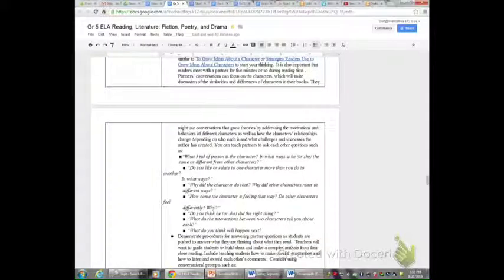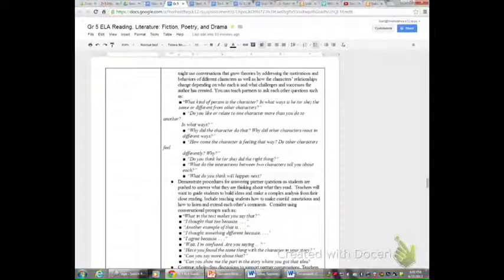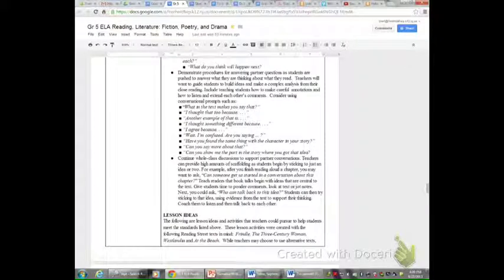And lower in this document, you'll see how you can teach partners to ask each other questions, what kind of person the character is, and in what way he or she is the same or different from other characters, etc. So those bulleted points will also support their thinking and their discussions about the characters, as well as support that speaking